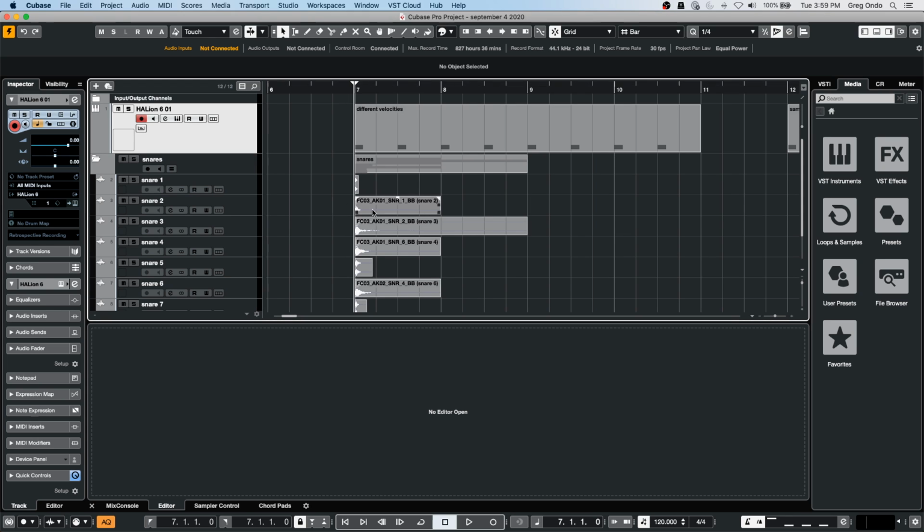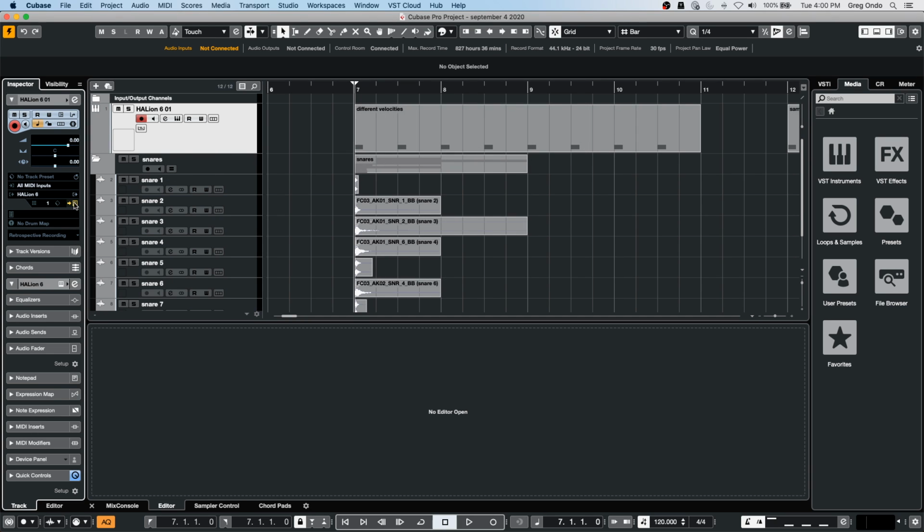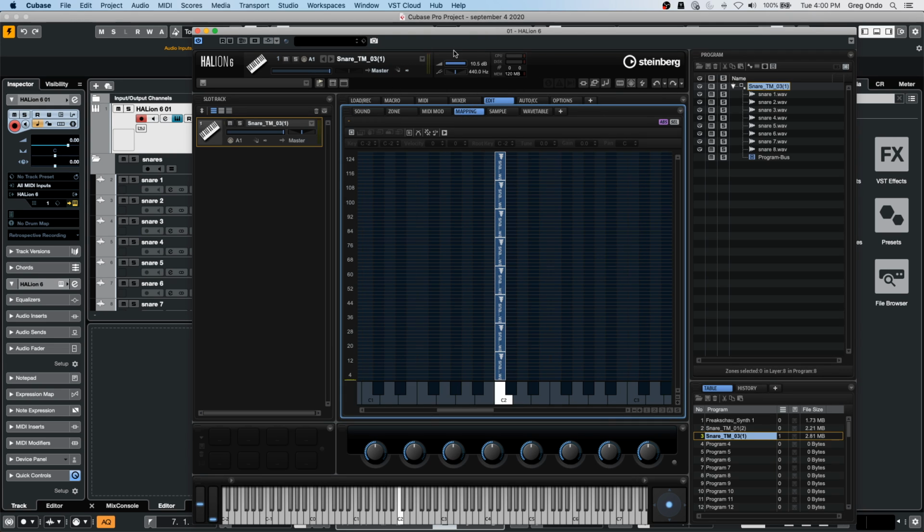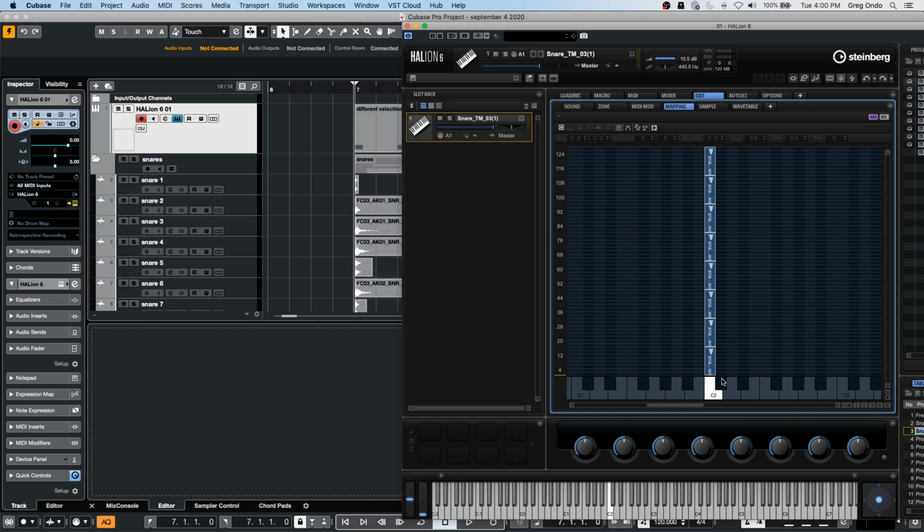So let's say I come here and I have all these different snare samples. What I've done is I've dragged these 8 snare samples, and we'll go to our sample mapping, and I just drag them onto one particular key. So a C2 here. So as we play different velocities, these velocities will automatically trigger different samples